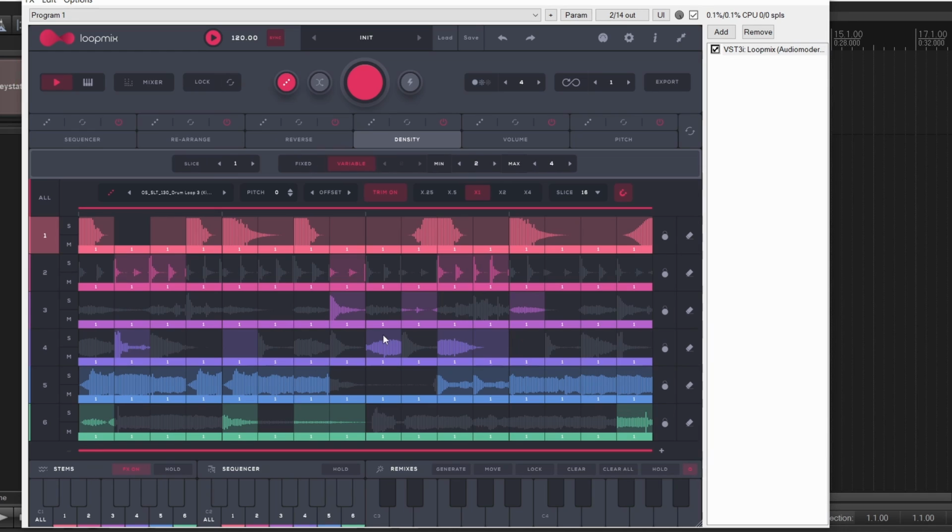Pretty cool. For the density, you have the same things. Again, how many slices, but here you have how many slices per each of these small chops. So for instance, if I want these two hi-hats to be like that, or add more here,